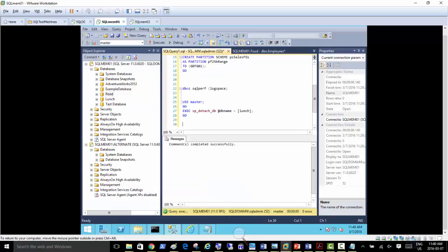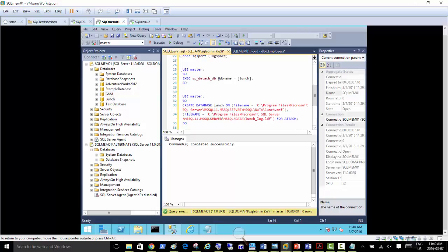I'm going to go there and put that. So we detached it with this. Now I'm trying to go and create database. Let's just check the statement again. Use master, go, create database lunch on file name, program files, SQL Server. And we need to be inside the alternate instance, right?